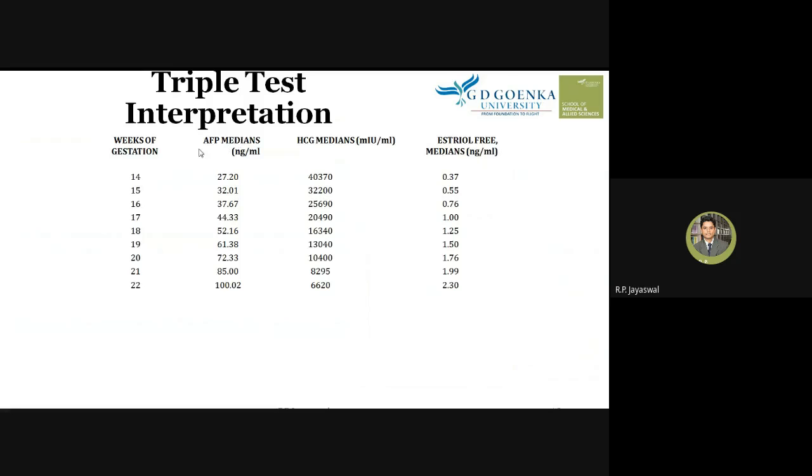So this is the median of AFP. These are the medians of HCG, and these are the medians of estriol hormone. So at 14 weeks, these are the respective values. From 14 weeks to 22 weeks, the values of AFP, HCG, and estriol medians are